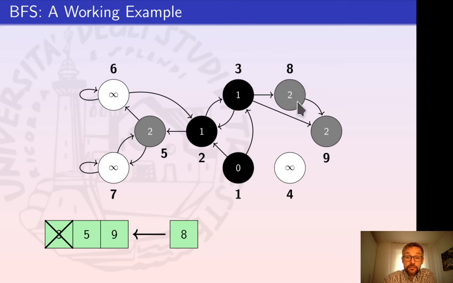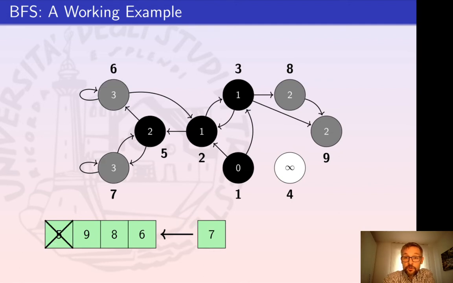Again, we are labeling the 8 as distance 2, simply because the distance of 3 was 1, and now no more white nodes are directly reachable from 3. So this node number 3 can be colored black and is no more relevant from the BFS point of view,